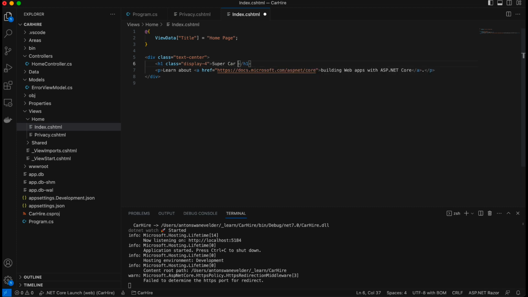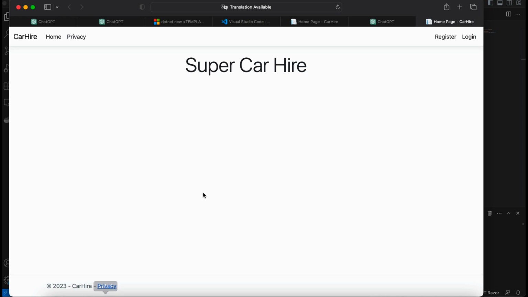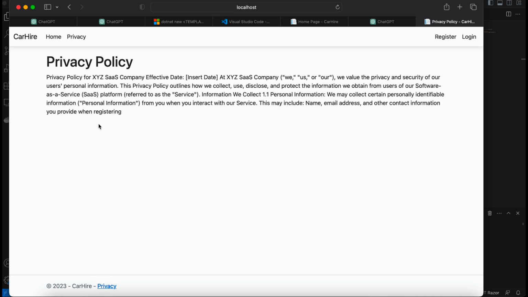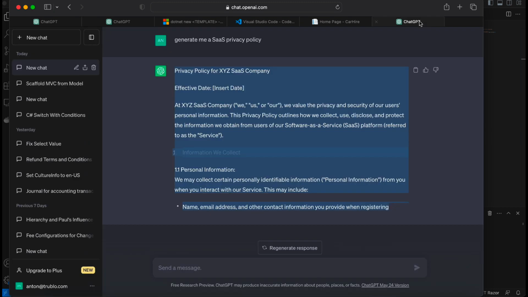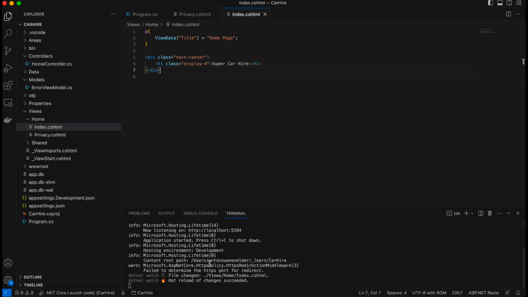So let's say supercar hire, whatever, and let's just take that out. Then you'll see this immediately changes for you, and you'll also see that your privacy policy now has that stuff in there. So yeah, it's pretty cool. I would use this very much for when you want to start styling your application. It's very useful if you have two monitors, so you can run this while you type, you'll see immediately how it changes, or change specific style sheets and stuff. Okay,